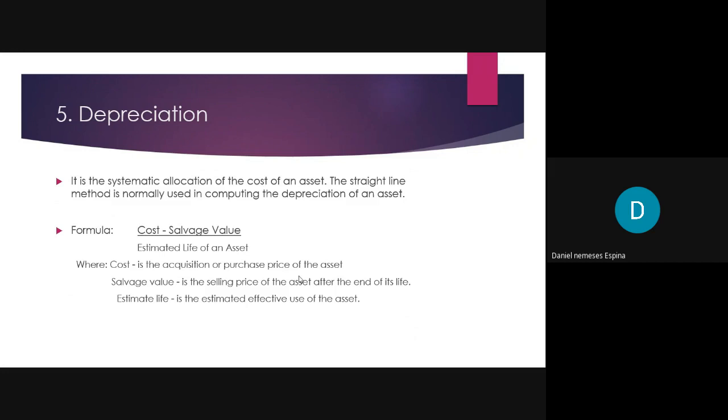According to the matching principle, we need to match the income and expense. The school building will benefit the school for a number of years, di ba? So as long as the school is there, it can help the school generate more income. That is why there's a mismatch if ang imong income is throughout the years of the school building,